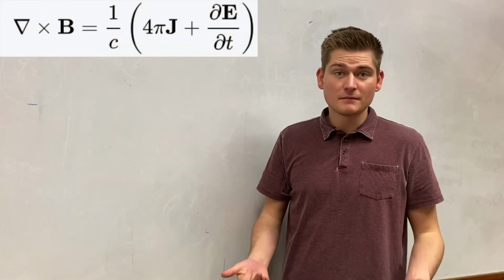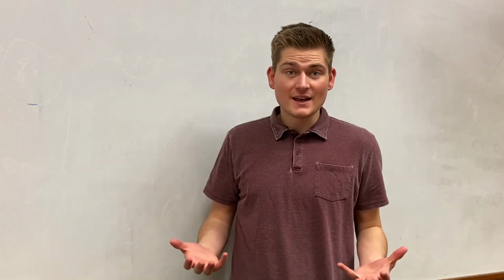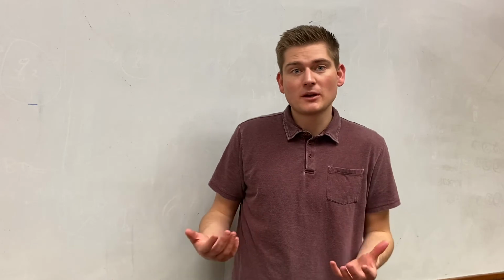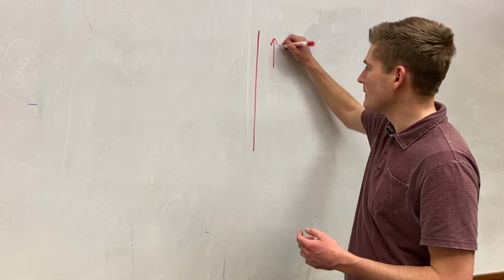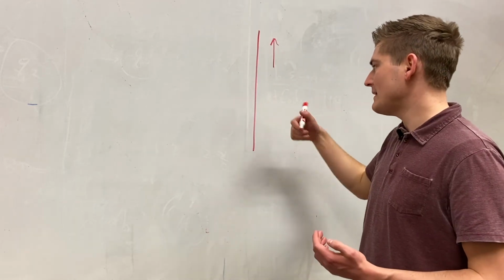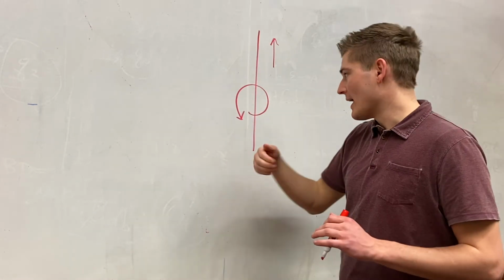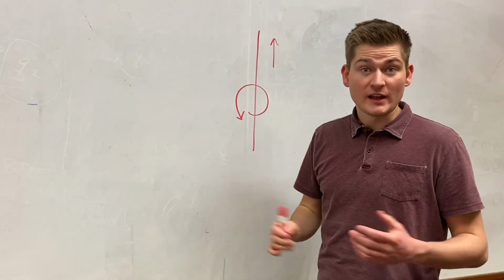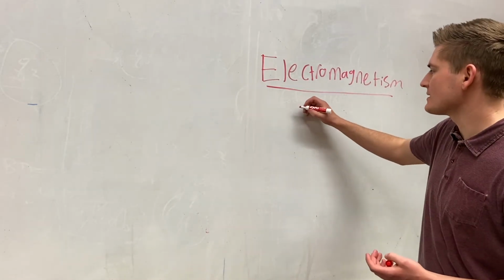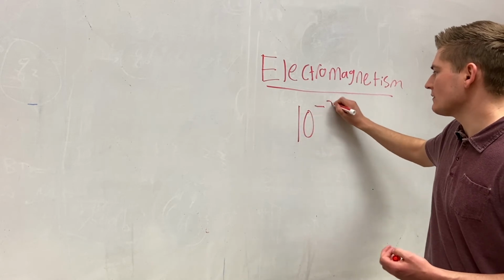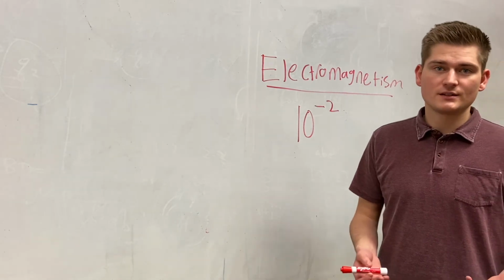The last of Maxwell's equations, and related to the third equation, is the fourth, which says that magnetic fields can also be created by moving charge. As an example, if you had current moving in this upward direction, then there would be a magnetic field created loopwise around that moving electric charge. Electromagnetism, compared to the other forces, is 10 to the -2, and it comes in as the third strongest fundamental force. The last force we have,